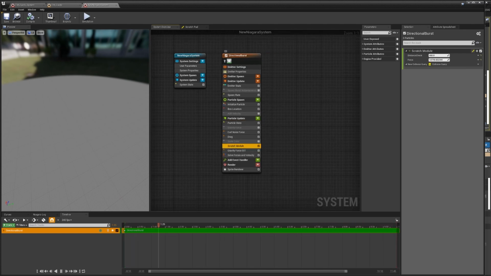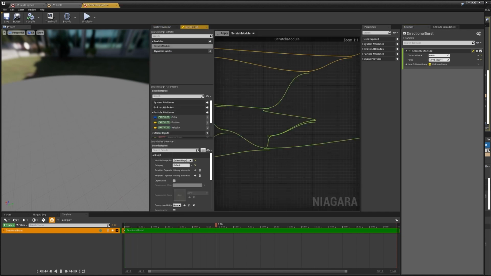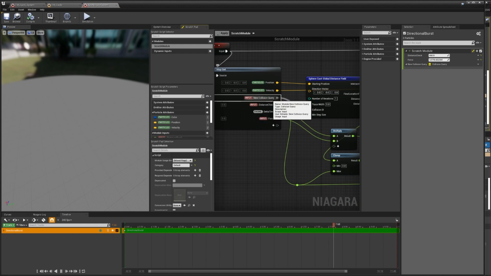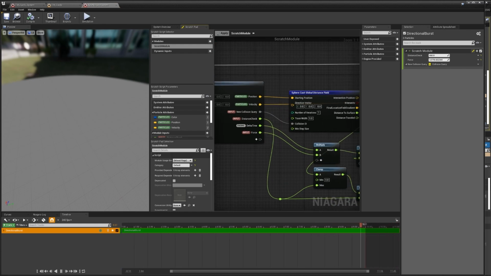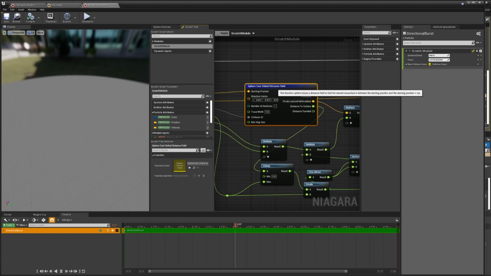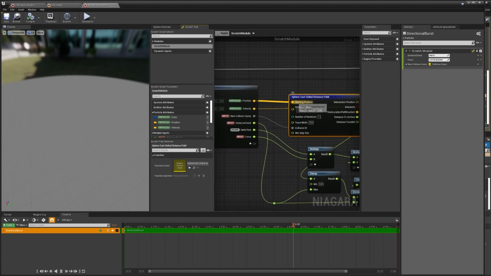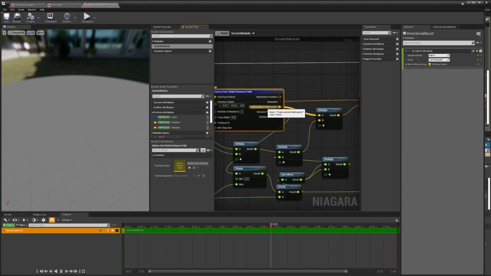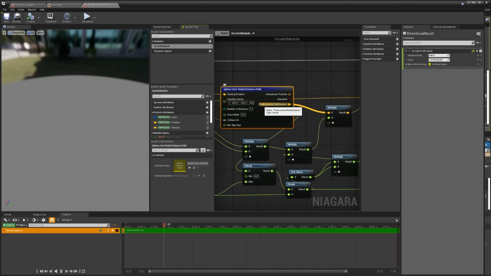But the real meat of the object is coming in here, inside this custom Scratch module. So I have a new collision query, and then I'm using a thing called SphereCast global distance fields. All I need to do is grab my position, and that's really all I need to get started. Once I have that, I can find the final location field gradient.